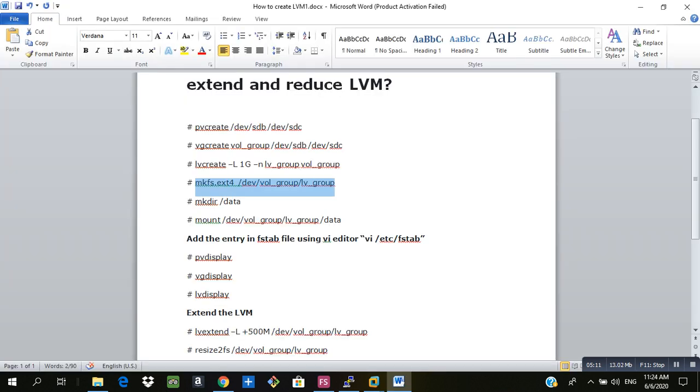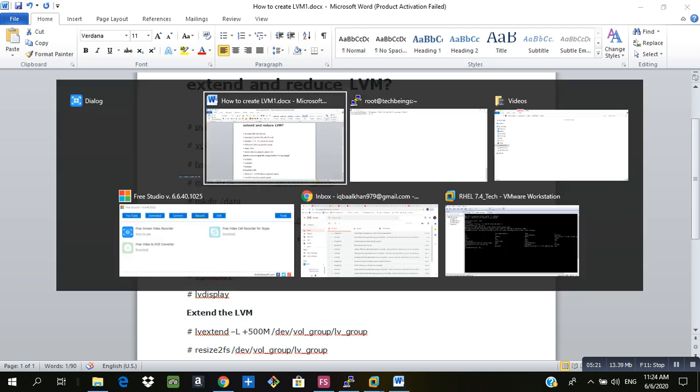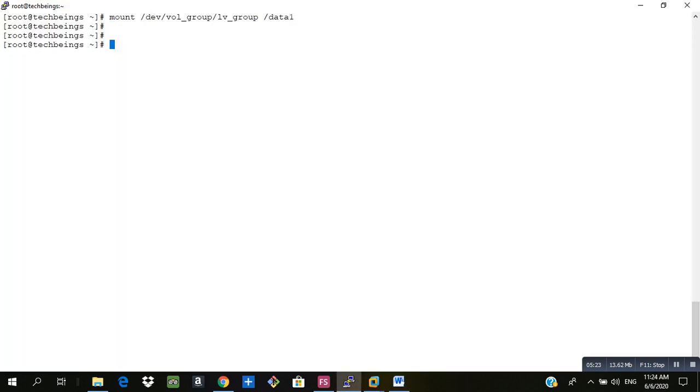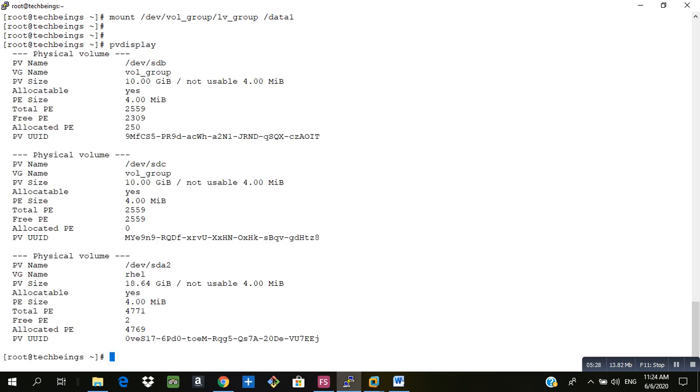So after mounting the logical volume, we will just check the PV size, the volume group size and the logical volume size, and that can be checked with the help of pvdisplay. So as you can see, sdb and sdc are the two disks that we have used. Let's check the volume group with the help of vgdisplay.